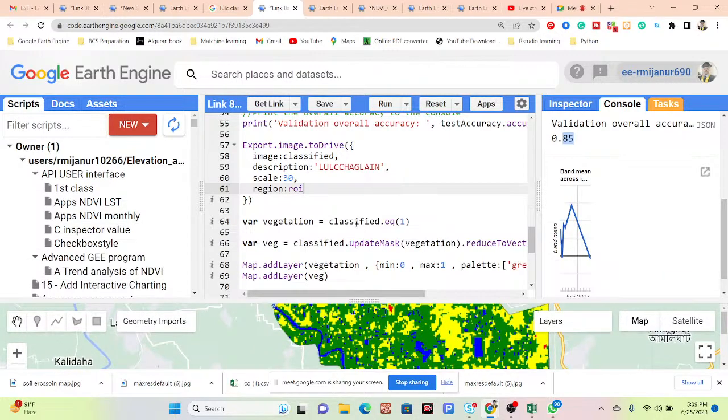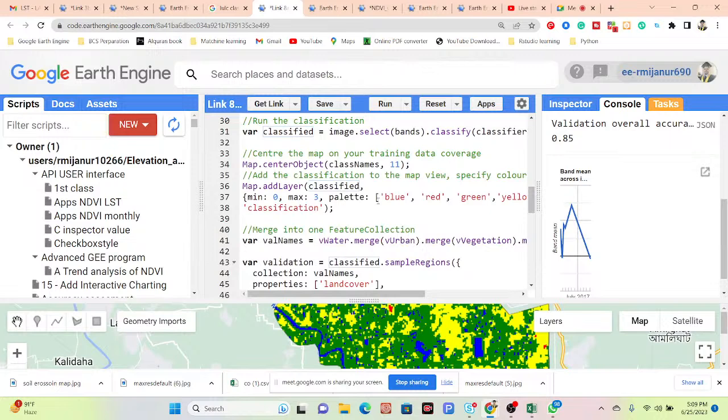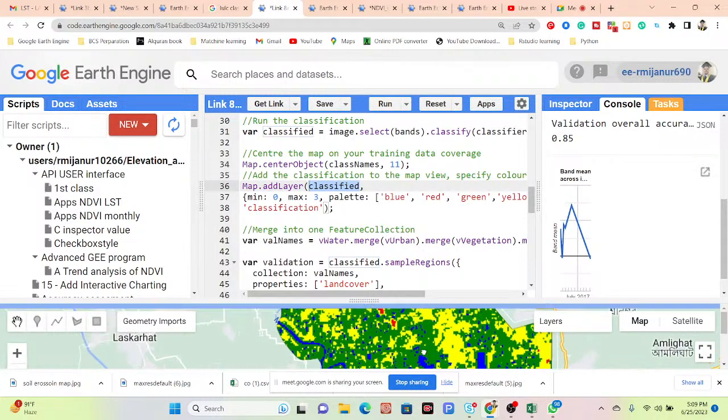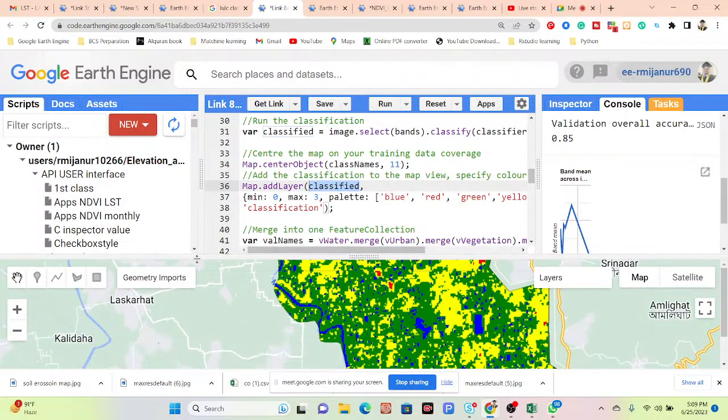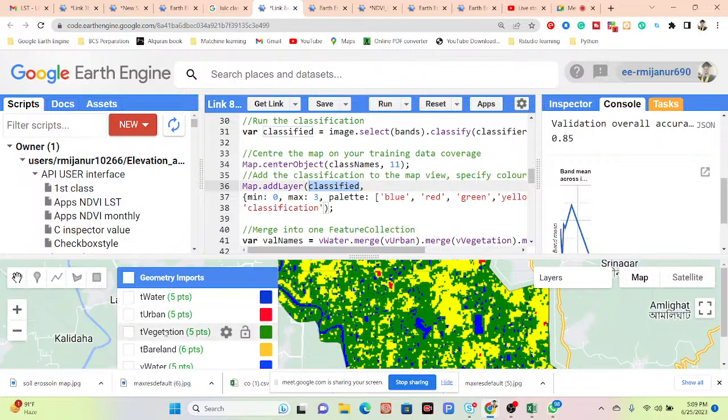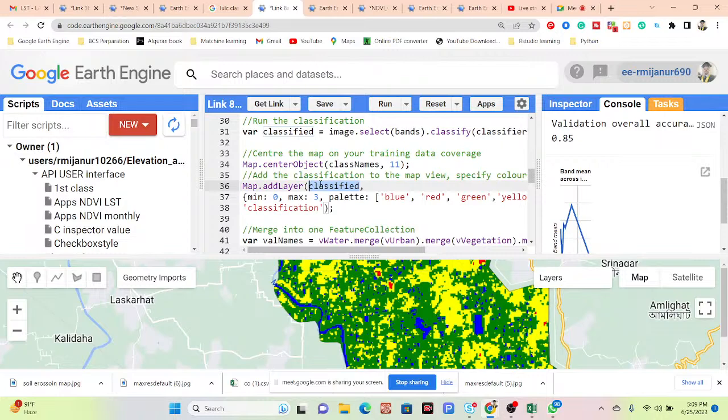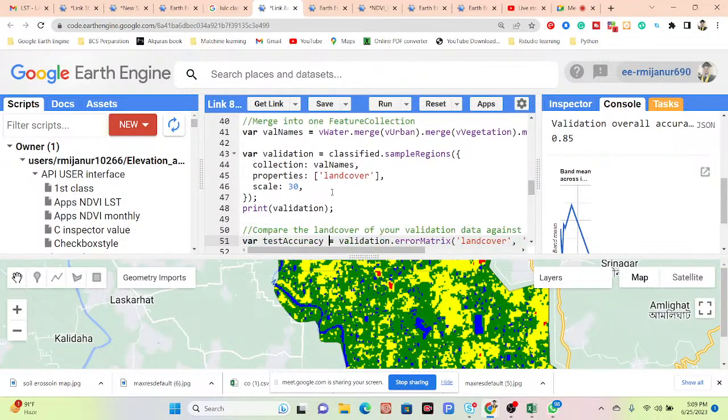After classification, the variable classified stores my image. You can see that with the Map.addLayer function I call classified, then this image is displayed. This classified variable stores all of those classes: water body, urban, vegetation, and barren land. All of those classes will be stored in this variable classified. So what can I do? I can simply